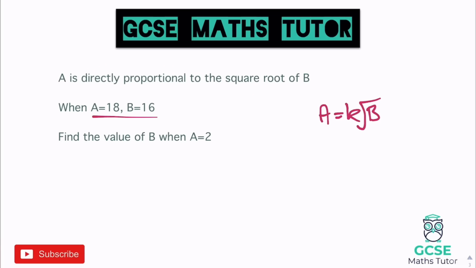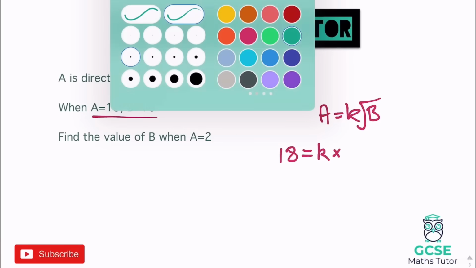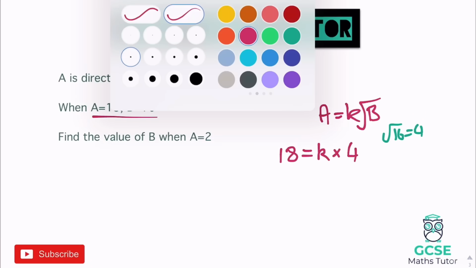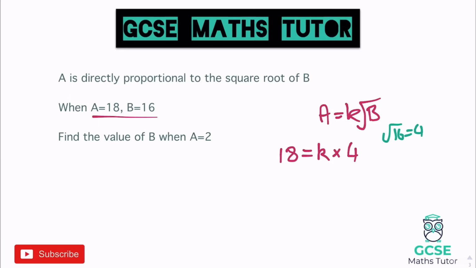Then it says when A is 18, B equals 16. So if we put those values in, A is 18, so 18 equals K, and I'm going to put a times sign in here, the square root of 16, and you can do that in your head hopefully. The square root of 16 is 4. So I'm just going to put K times 4. Now again, we can actually find the value of K here. We can divide both sides by 4. So if I divide both sides by 4,